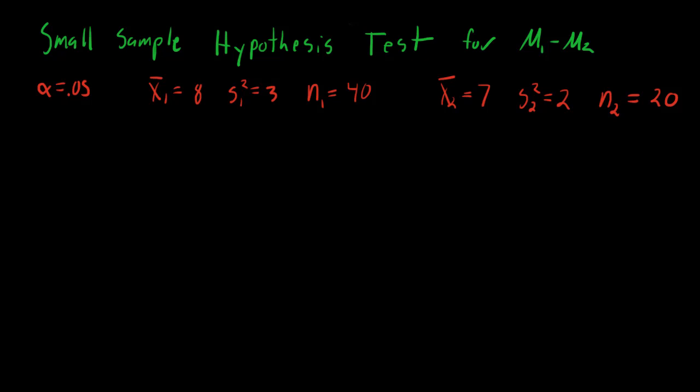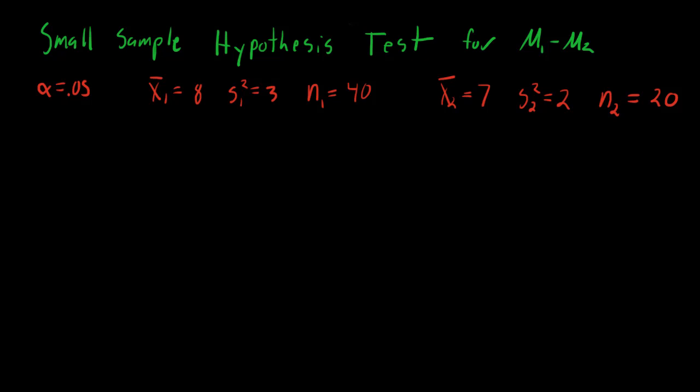In this video, we're going to walk through a quick example for calculating the small sample hypothesis test for mu1 minus mu2. And again, we have three different conditions that we need to make. First is that they're randomly selected values for each sample. The second is that both populations are approximately normally distributed. And the third is that sigma 1 squared is equal to sigma 2 squared. And then we have the fourth condition, which is to make sure that we can use a small sample hypothesis